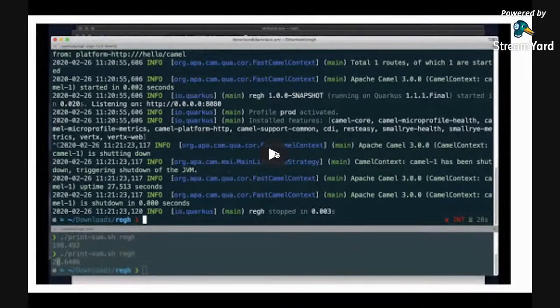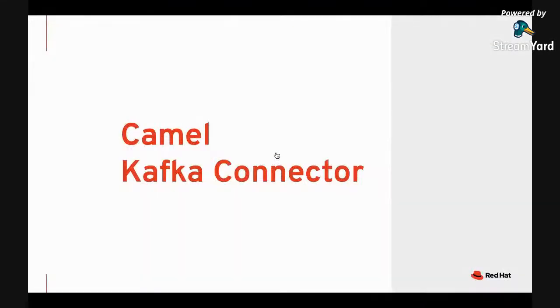Okay, these were the demos I wanted to talk about for Quarkus. So I will give the floor back to Andrea. He will give you a talk about Camel Kafka connectors. Thanks, Klaus. So Camel Kafka connector is the latest project in the Camel ecosystem,